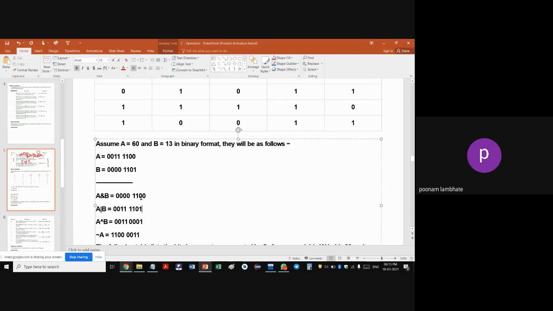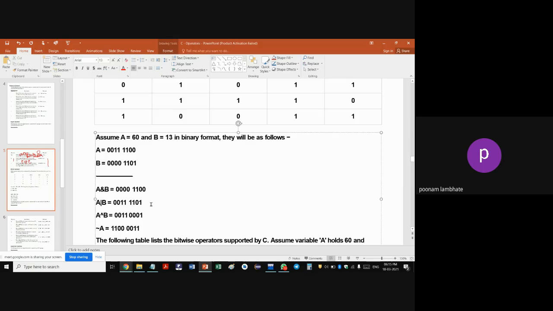Suppose you're doing A and B. 60 and 13 are converted into zeros and ones, and on each 0 and 1 the operation is applied. The answer is in the form of zeros and ones. The compiler will convert the answer from binary back to your decimal number system, so your result in the form of zeros and ones will again become some integer value, and that value will be displayed at output. To explain this concept in a better way,